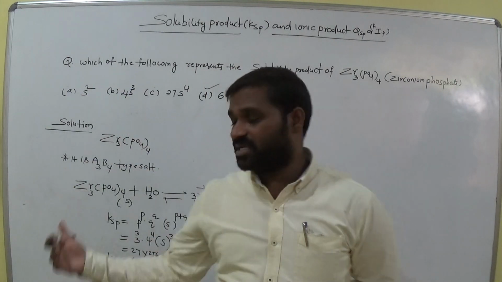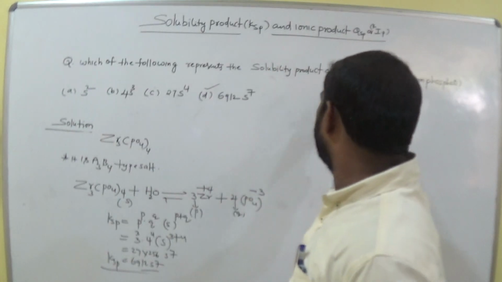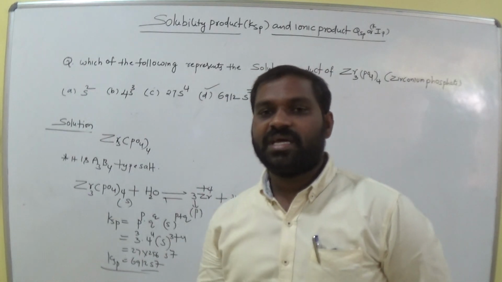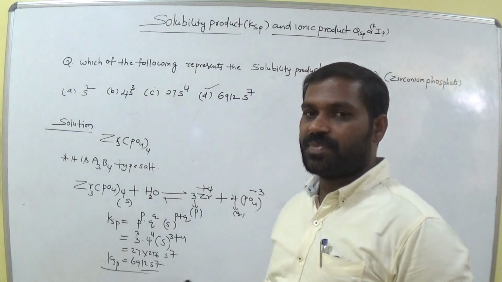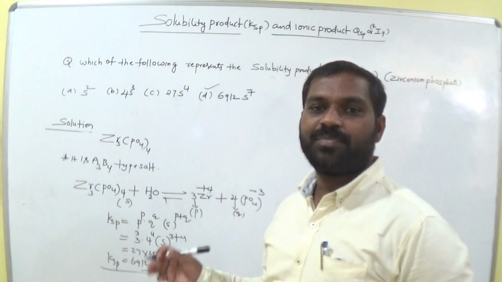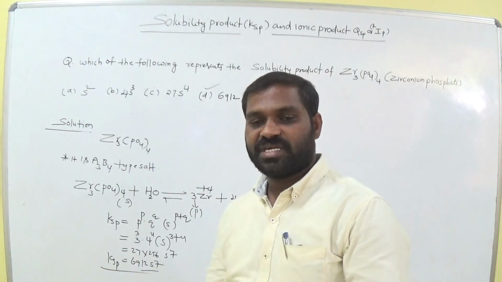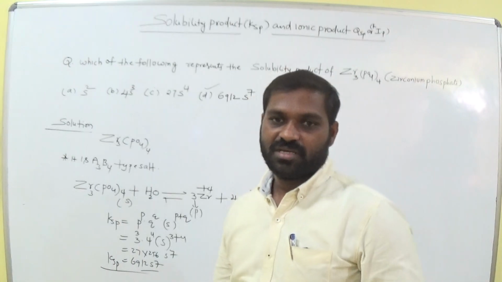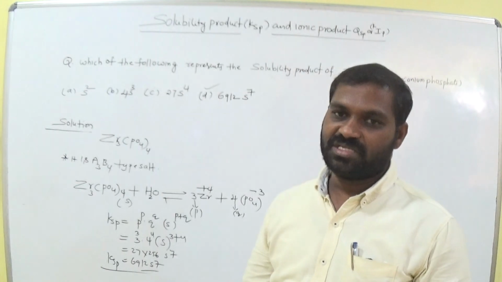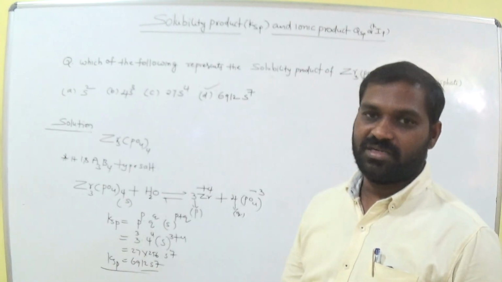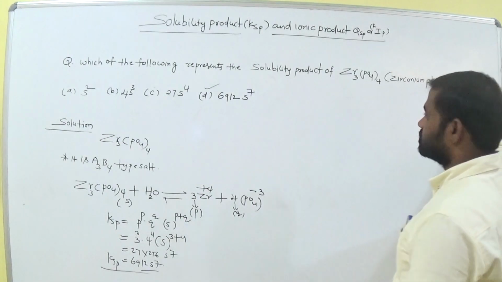So no need for this solution if you have an idea of the concept. For an A3B4 molecule, clearly it is 6912 S power 7. We have the short trick P power P, Q power Q, S to the power P plus Q. That is the formula. Such kinds of bits we have in EAMCET, JEE Mains and NEET also. So based on the concept, you have to practice the problems in the material, then it is easy to crack JEE and NEET. Okay, very useful to this class. Okay. Can I wrap this one?